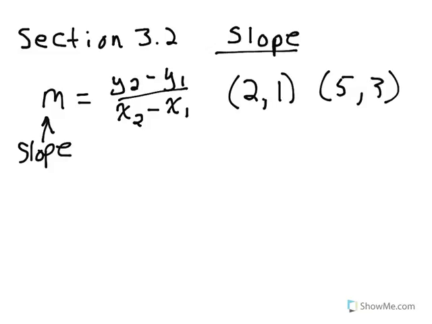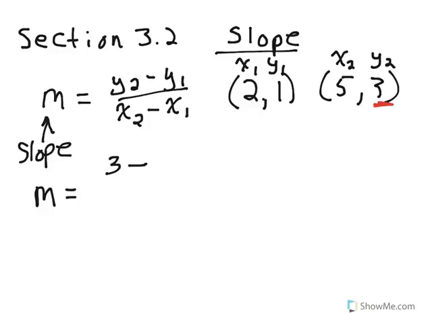the first set of points consists of x1 and y1. The second set of points consists of x2 and y2. So we plug those into the formula to find the slope of the line that crosses through those two sets of points. So our slope for this line would be m equals y2 is the 3